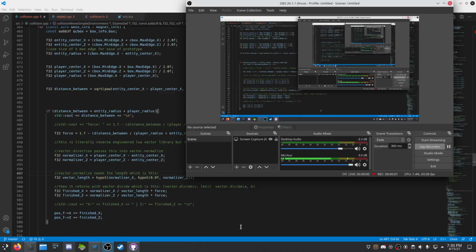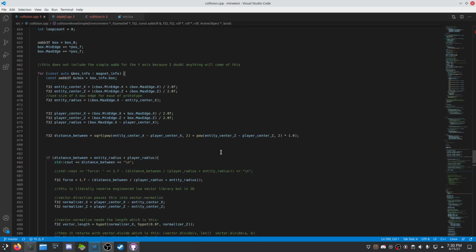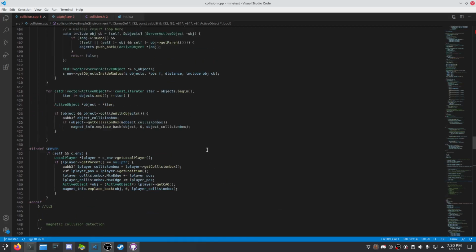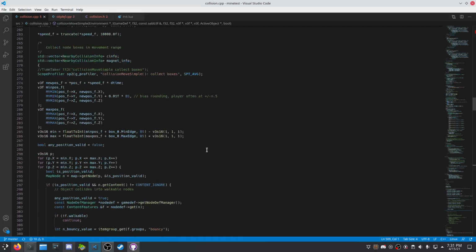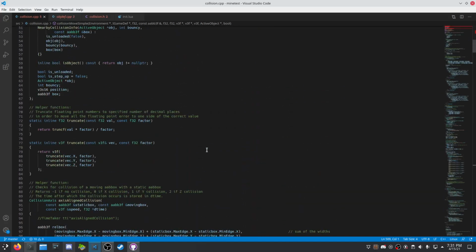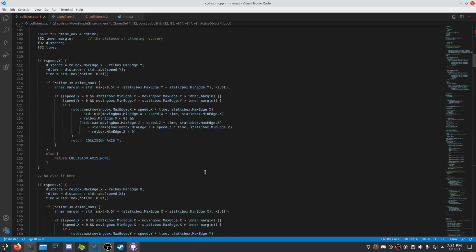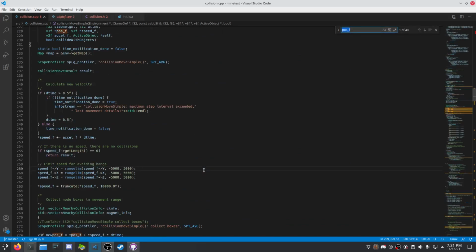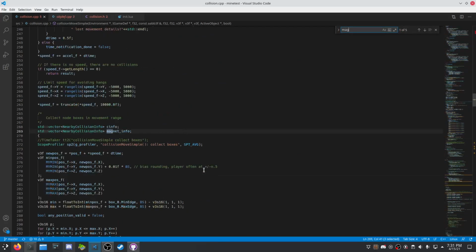Okay, so I made a magnetic collision prototype. There's so much stuff I did to this. So let me see. Magnet. There was a vector that's created every loop called CInfo. What happens in CInfo is that it collects all of the